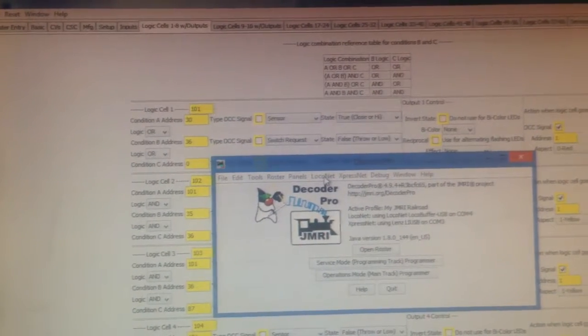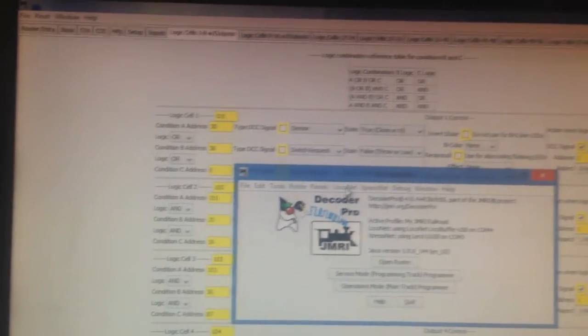So what happens is, from the panel, you can have your diagram of your map, and then you can have your signals on the panel, and then click your icons